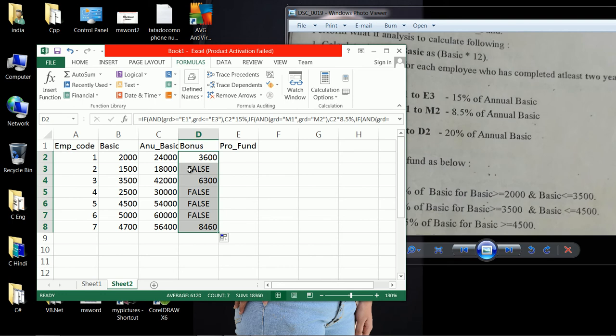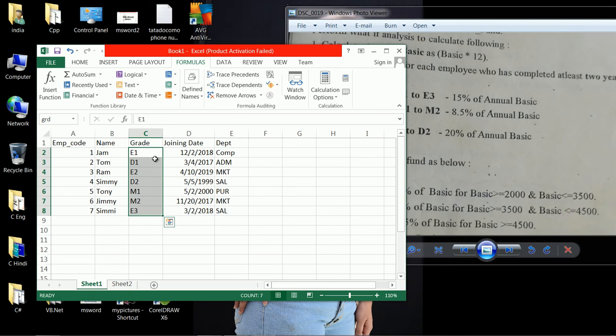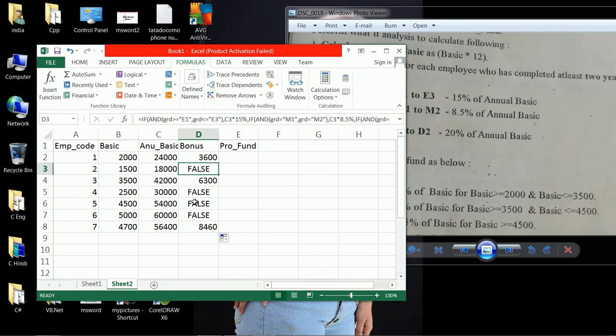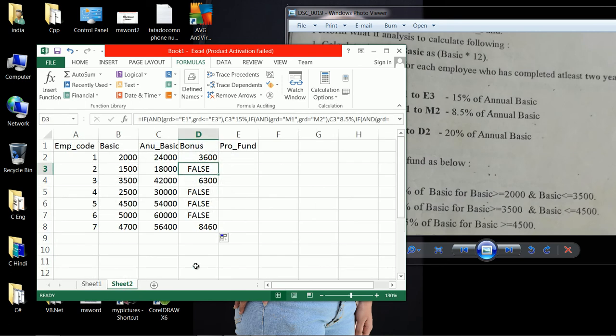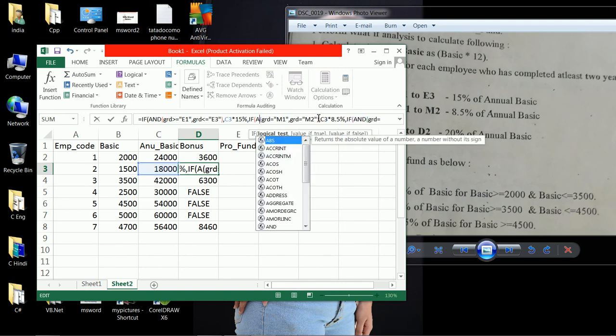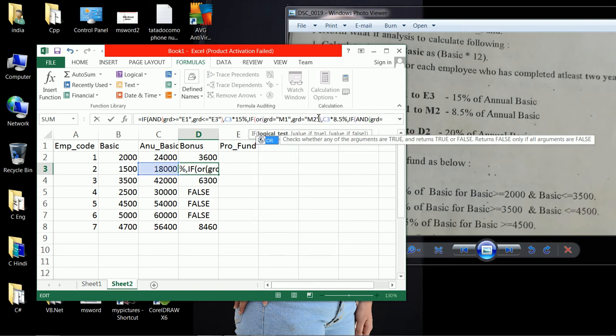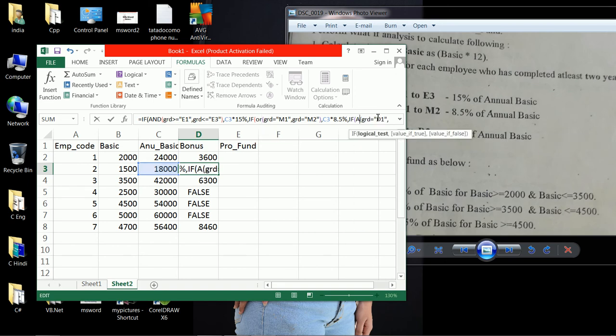Okay, here is the bonus. Now let us see what happened, why this is false. Go to sheet 1, D1, D2, then M1, M2. Okay, let us check the formula. E1 to E3, equal to M1. Oh, there is AND. You should write OR here, because there is a fixed value M1, M2. Here also you can write OR.